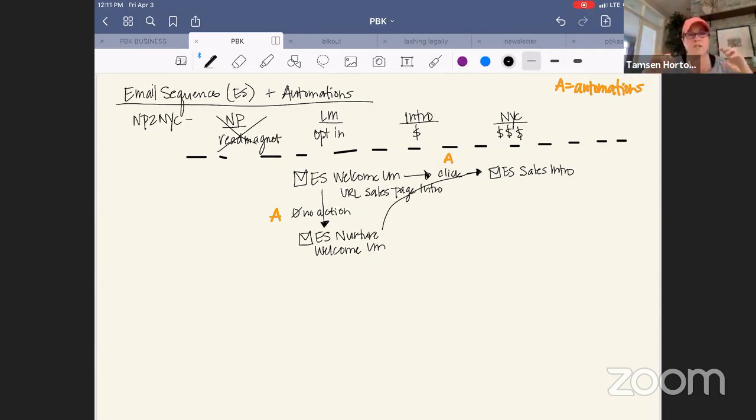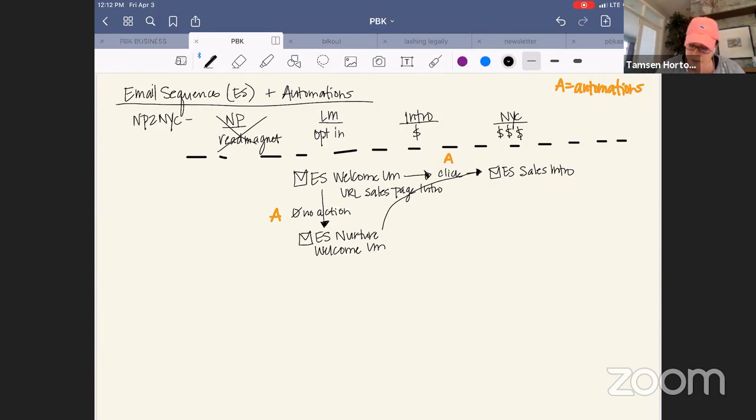Our automations are the levers turning things on and off so that people are receiving the communications based on the individual actions that they're taking while they're engaging with your business. So when they then arrive on your email sales intro sequence, these are the people that have seen the sales page for the intro offer.